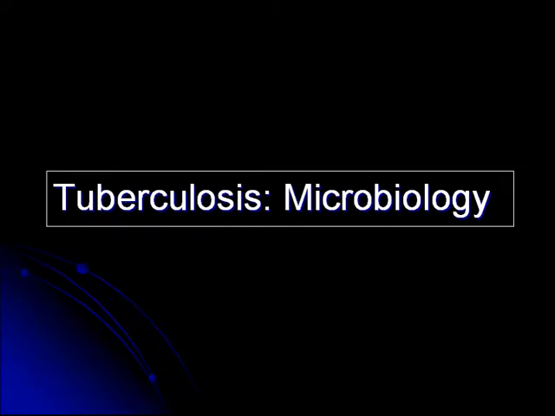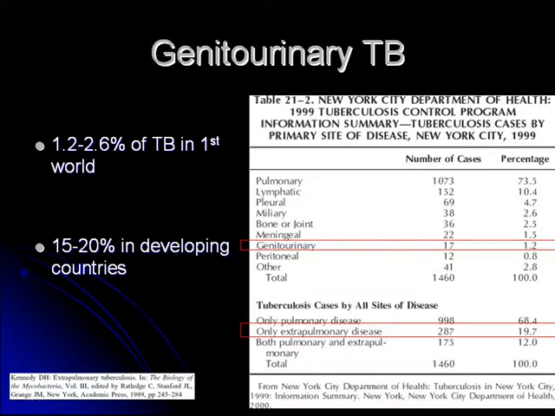Jim, that primary GU-TB, that 1.2%, so if you take pulmonary TB, how many of them will have GU-TB? If you have pulmonary TB, how many will have GU-TB? Well, it's hard to say. Because TB disseminates throughout the body, I think they would all probably have bacilli. Well, I think it's still quite rare. I don't know how many people have GU-TB and pulmonary TB. Only 20% of them have only extrapulmonary disease identified, assuming that they have lung disease.